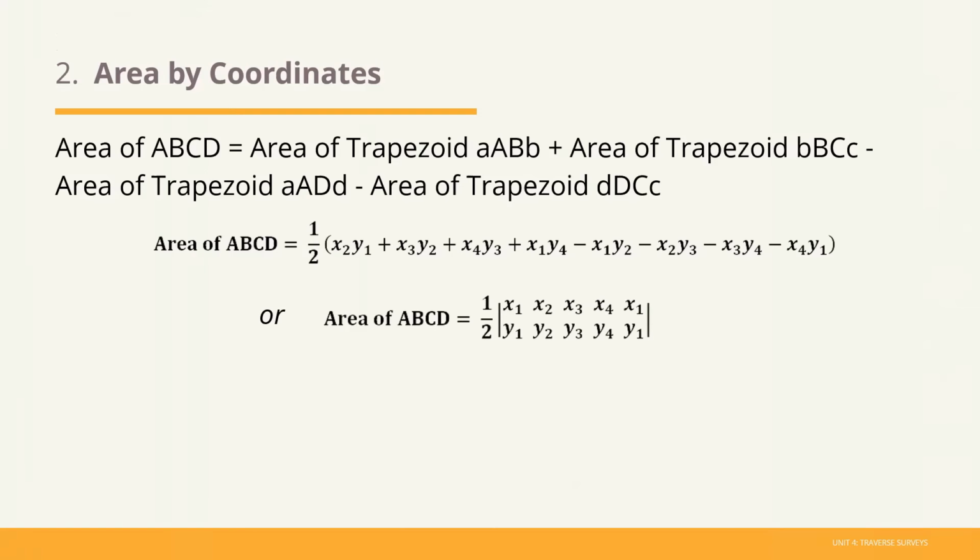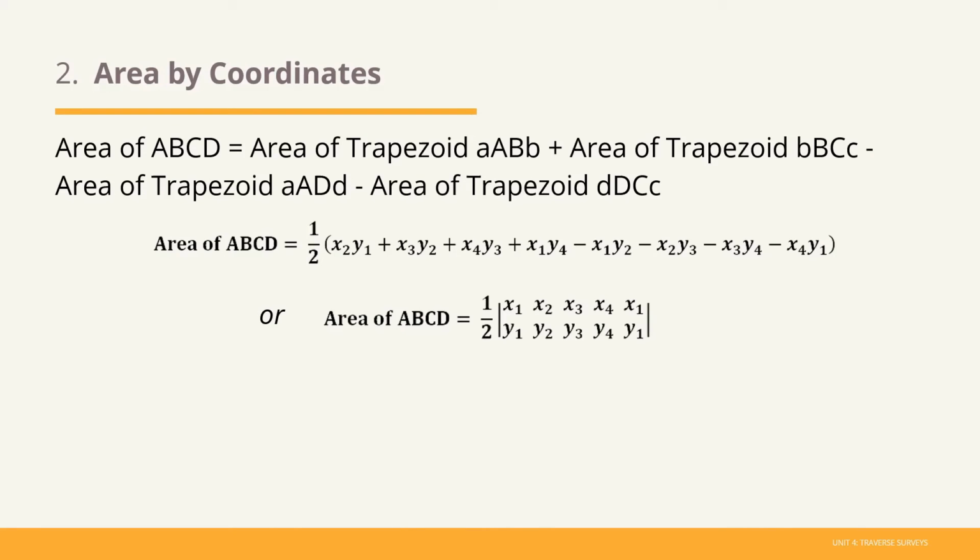Or it can be rewritten as area of ABCD is equal to 1/2 x sub 2 y sub 1 plus x sub 3 y sub 2 plus x sub 4 y sub 3 plus x sub 1 y sub 4 minus x sub 1 y sub 2 minus x sub 2 y sub 3 minus x sub 3 y sub 4 minus x sub 4 y sub 1, or just simply 1 half multiplied